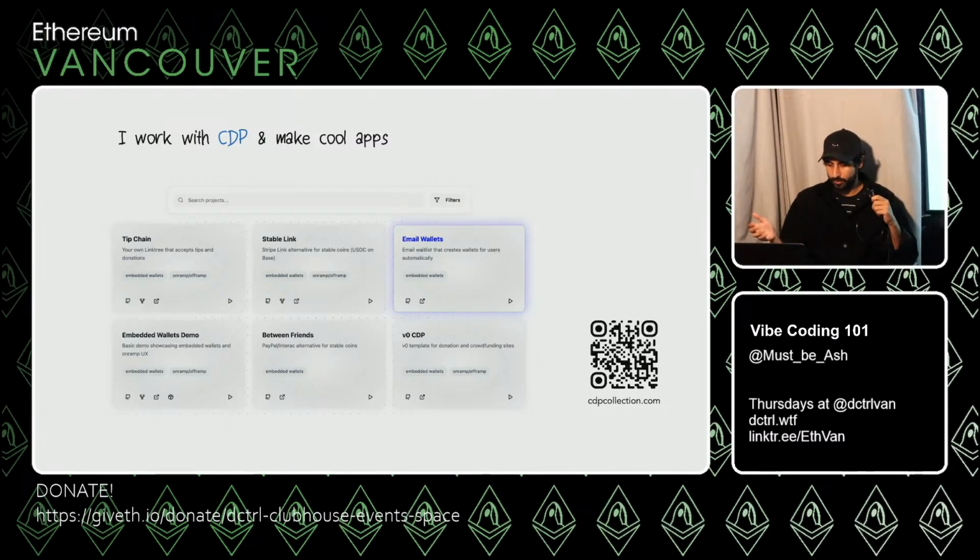So for example, they just released this thing called Embedded Wallets, which works with email authentication and, as of recently, text authentication. They don't rely on browser extensions. You don't need to have a wallet app or a seed phrase. You just enter your phone number or your email address. You get a one-time use password, and that's how you access your wallet or create one.